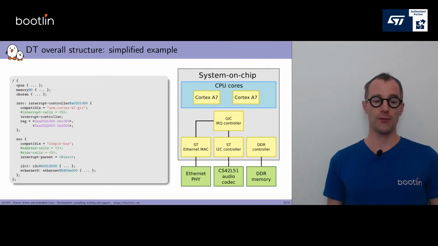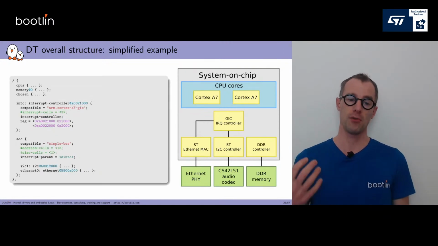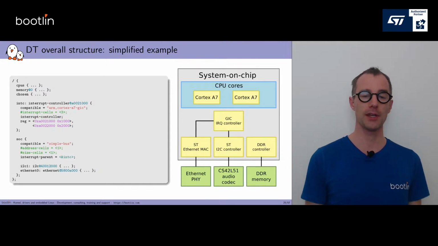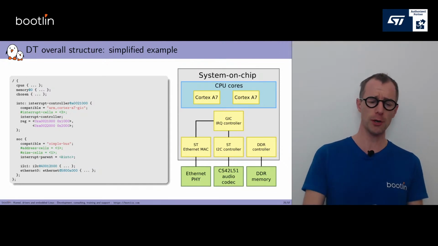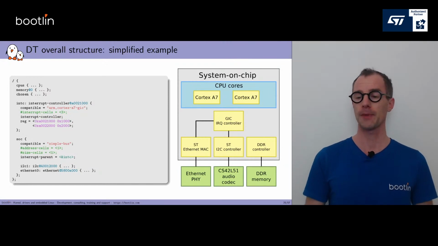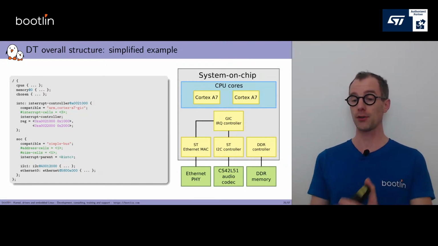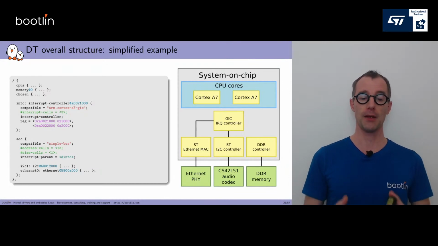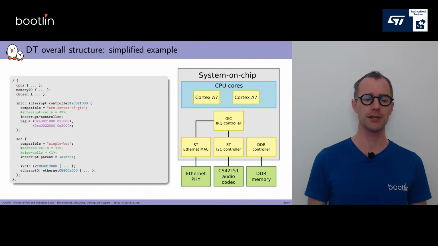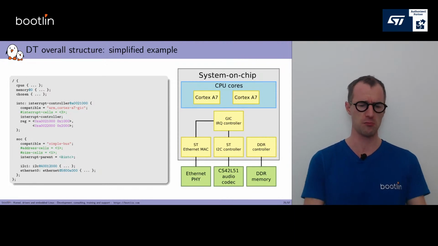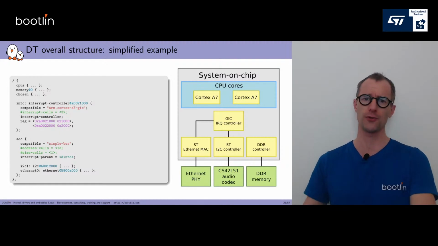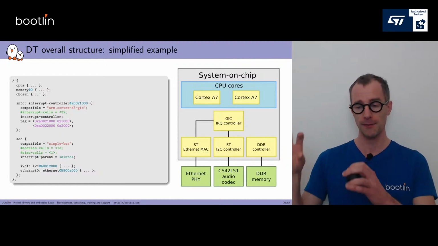Then we have our first actual, I would say not first because we already talked about the A7s, but another hardware block, the interrupt controller, which for some reason is not within the SoC node, but that doesn't really matter much. And so this node describes the interrupt controller. It says, I have an interrupt controller, it has some kind of compatible string, which we will discuss later in detail. It has some reg properties with some addresses. I suppose there will be the addresses of the registers, and we'll talk about that later on as well. But that is one node